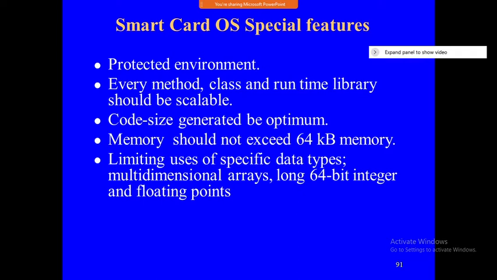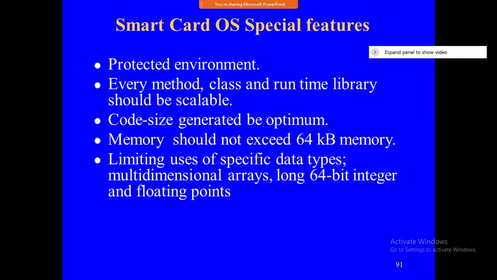See, a specific processor will have specific features. Take an example here. MC68HC11D0 has 8 KB internal RAM, 32 KB EPROM, and 2 by 3 wire protected memory. Most cards use an 8-bit CPU. These are the features of the particular microcontroller. What features are necessary for our embedded system? We have to choose those things and use them. I/O system and wireless communication system between chip and host interactions, these we have to check out.